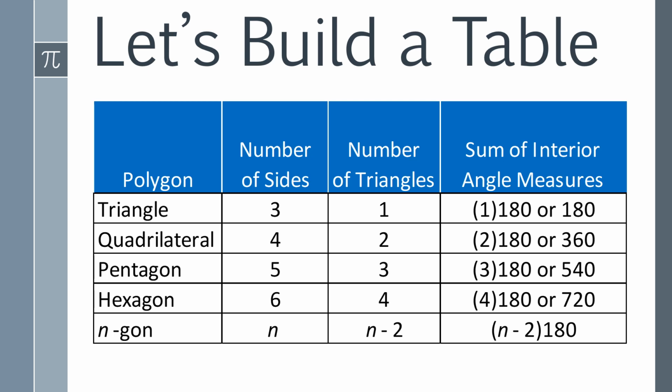Pentagon, 5 sides, 3 triangles. 3 times 180 is 540. Hexagon, 6 sides, 4 triangles. 4 times 180, or 720. An n-gon, what's an n-gon? Well, we're saying, hey, what's the rule here? So if the number of sides is n, the number of triangles is going to be 2 less. If we look down that column, every time we have 2 less than the number of sides. So n minus 2. So the sum of the interior angle measures is n minus 2 times 180, which brings us to